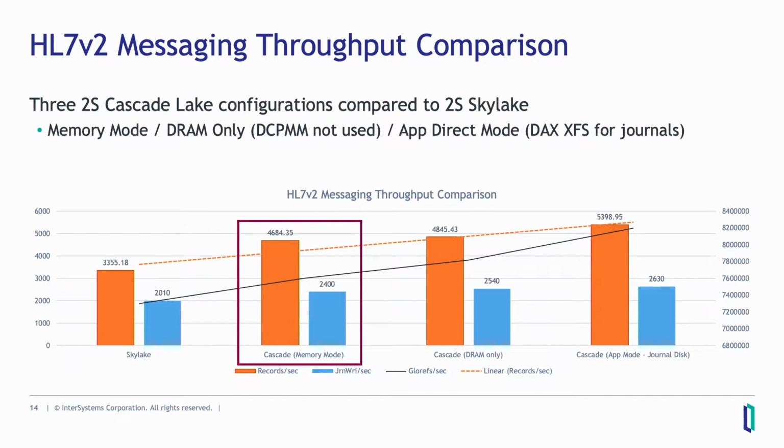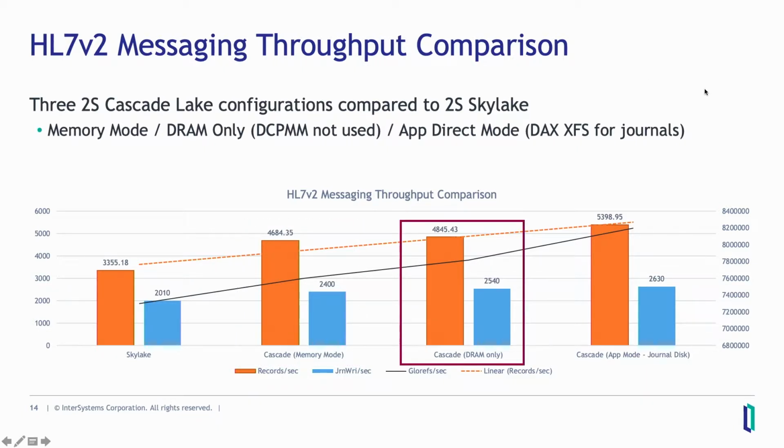Next, we moved on to Cascade Lake testing it in App Direct mode, but not actually configured to do anything. The purpose of this was to just gauge what the performance and throughput would be comparing Skylake with DRAM to Cascade Lake with DRAM. And we weren't surprised that there is a gain in throughput without DCPMM, albeit a small one,